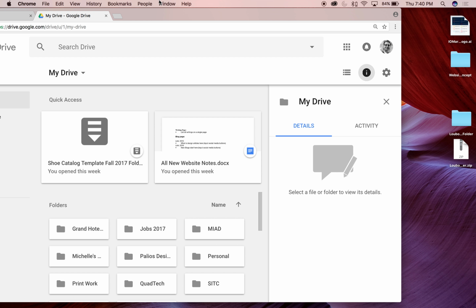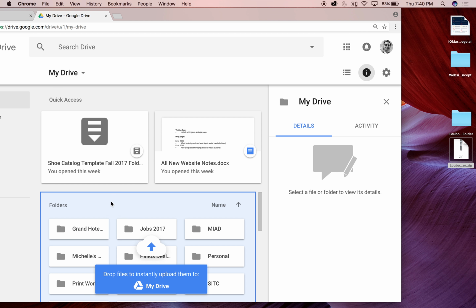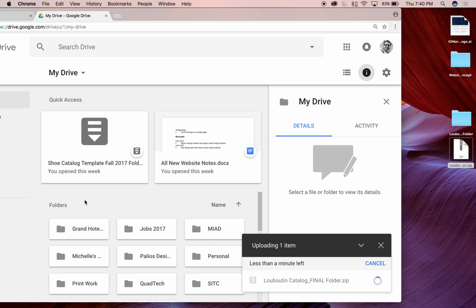What the digital portfolio now is, moving forward based on the curriculum and MyEd policy, is the G drive, so Google Drive. I can very simply drag my zip file and drop it onto Google Drive,